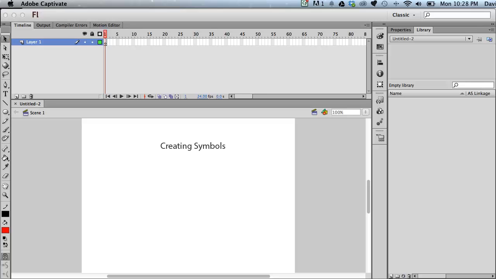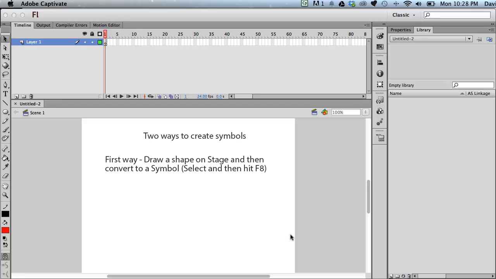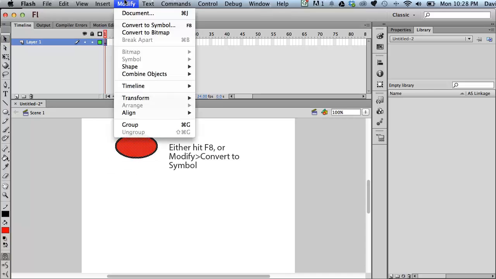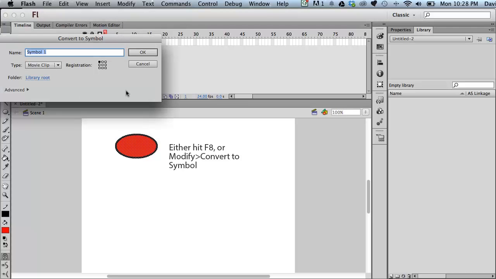So in this session we're going to talk about how to create symbols. There are two ways of creating symbols. You can either draw a shape on the stage and then convert it to a symbol. So for example, if I draw an ellipse on the stage, I can then select it and go Modify, Convert to Symbol, or F8, and that will convert this shape into a symbol and simultaneously put a copy of it